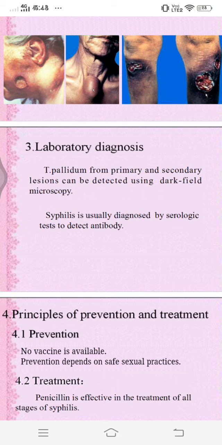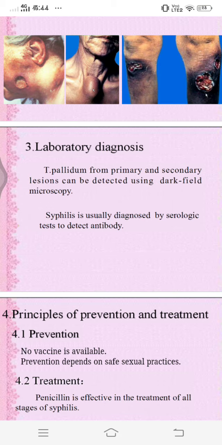So what are yaws and pinta? Yaws: the etiological agent is Treponema pertenue. Transmission is by direct contact with lesions. Flies may transmit the infection. Clinical features: the primary lesion shows an extragenital papule and it breaks to form an ulcer. Lesions usually occur on the legs. Second and tertiary stages are similar to syphilis except that cardiovascular and neurological symptoms are rare. So this is somewhat safe because it does not affect the CNS and cardiovascular system. The laboratory diagnosis is again the same as syphilis.